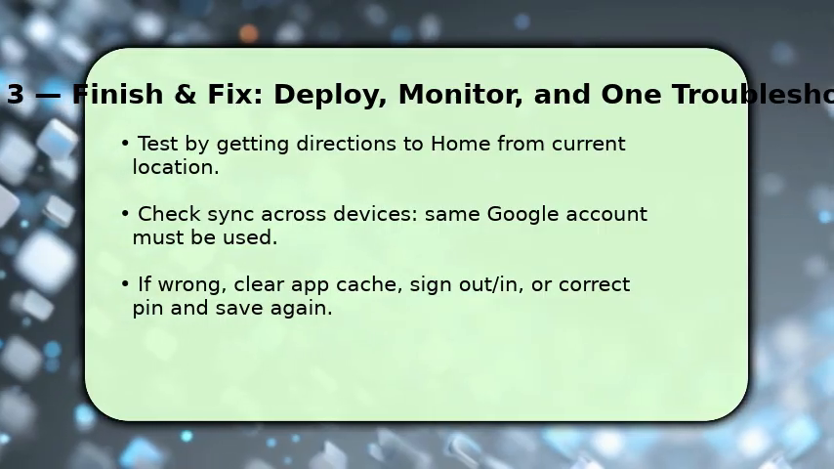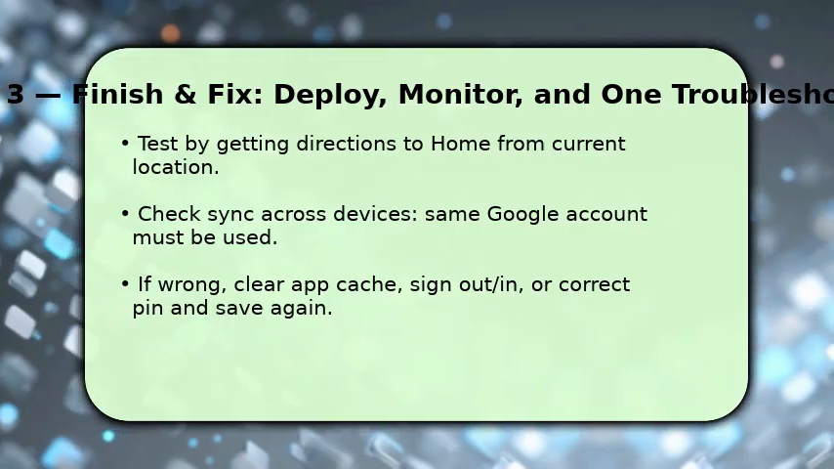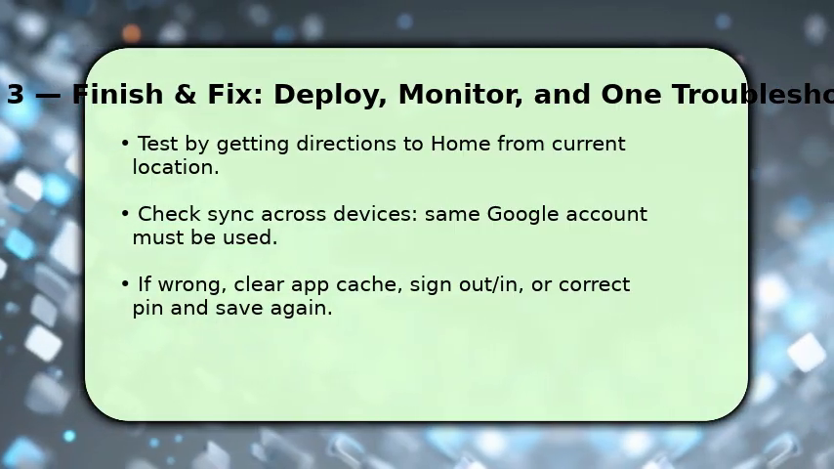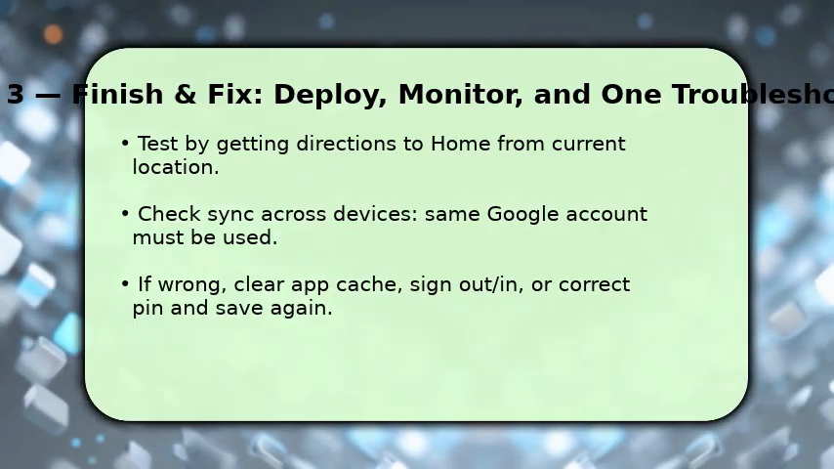If the home location still seems wrong, clear the app cache, sign out and back in, or redrop the pin and save. This resolves most mismatches. If problems persist, check Maps permissions and